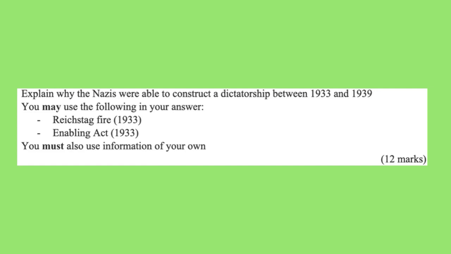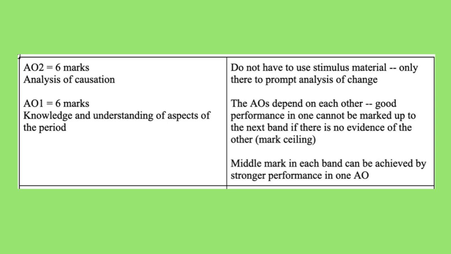Explain why the Nazis were able to construct a dictatorship between 1933 and 1939. You may use the following in your answer: the Reichstag fire of 1933, the Enabling Act of 1933. You must also use information of your own. 12 marks. Here's the mark scheme for this question, which you can find out about in more detail in the